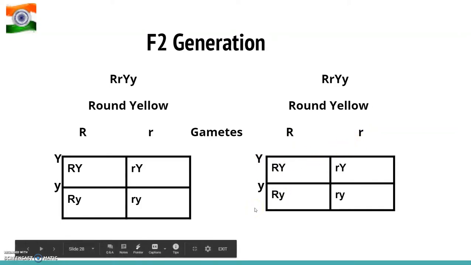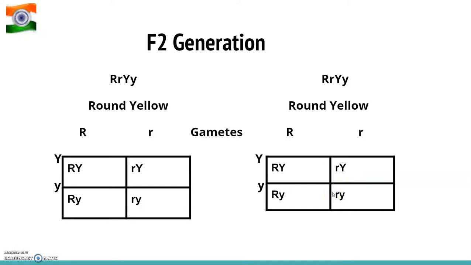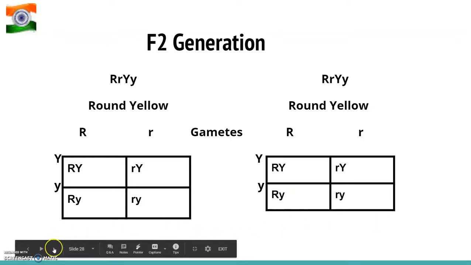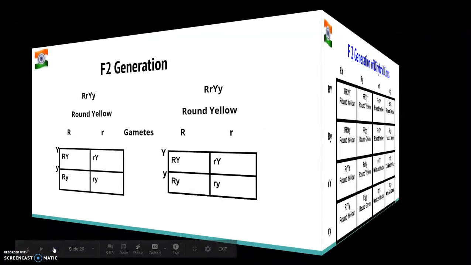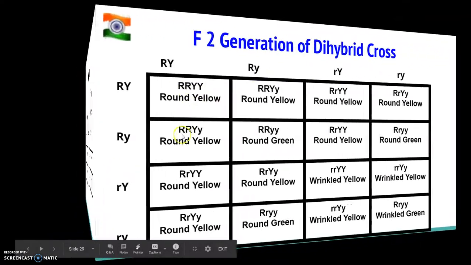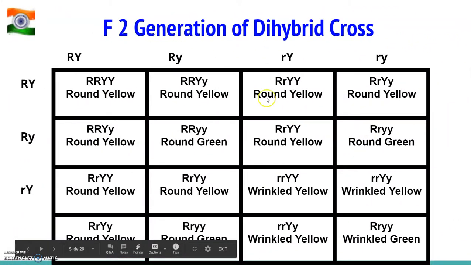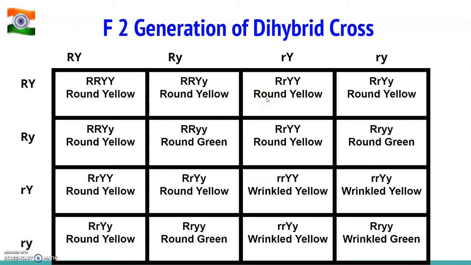So there are 4 genotypes of gametes which are being produced, and each has a frequency of 25%, that is 1/4 of the total gametes produced. So when you write the 4 types of eggs and the pollens on the 2 sides of the Punnett square, like all these 4 combinations, we find 4 different types of combinations. Now all these are the 16 squares, and different types of genotypes and phenotypes are formed.